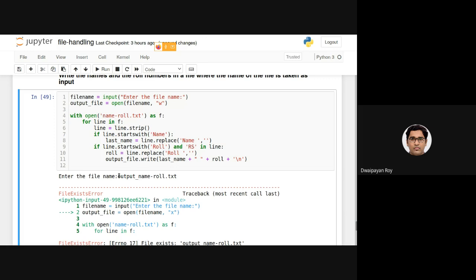If accidentally I have provided the same file name, and I use W here, the existing content that was written here will be overwritten.